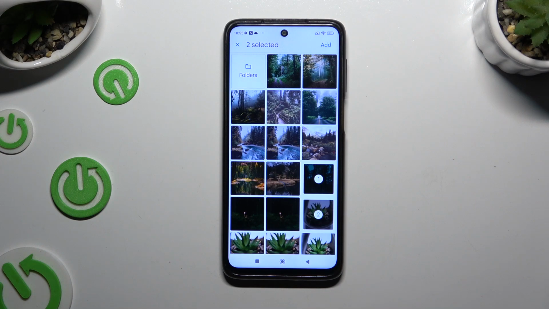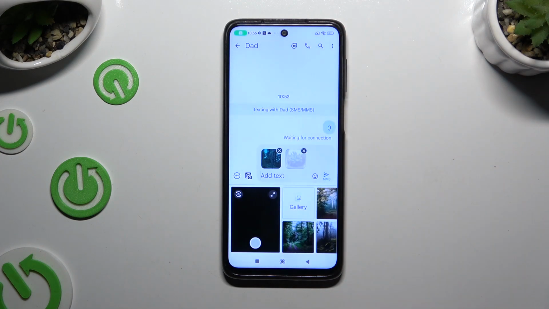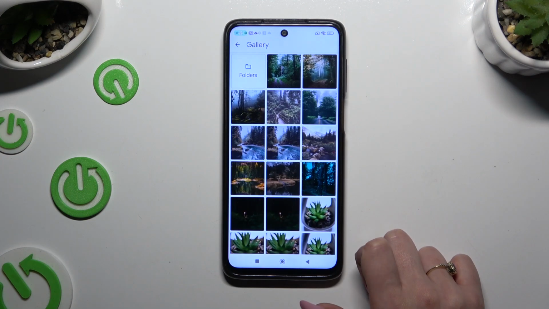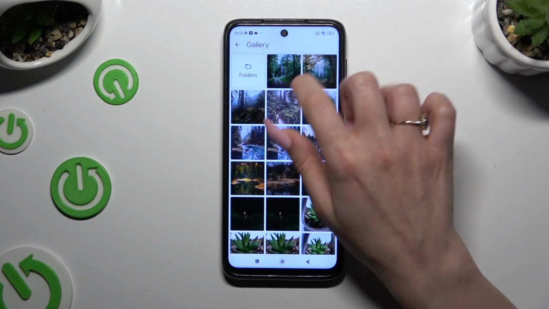This time though, select Add at the top right corner. If you still can't find them, tap on Gallery. Select Folders